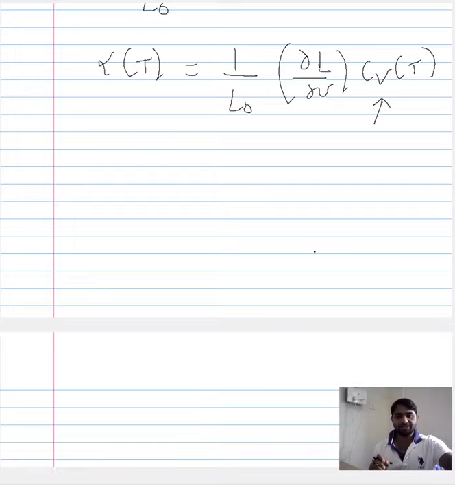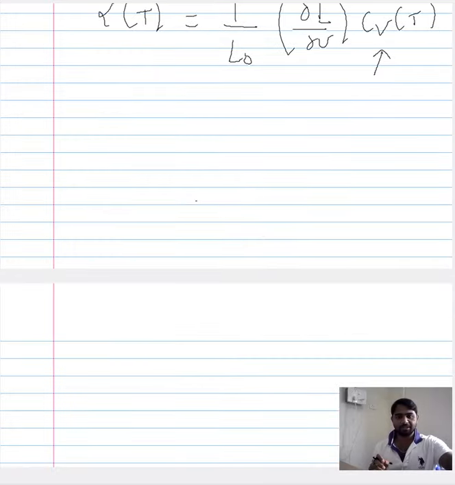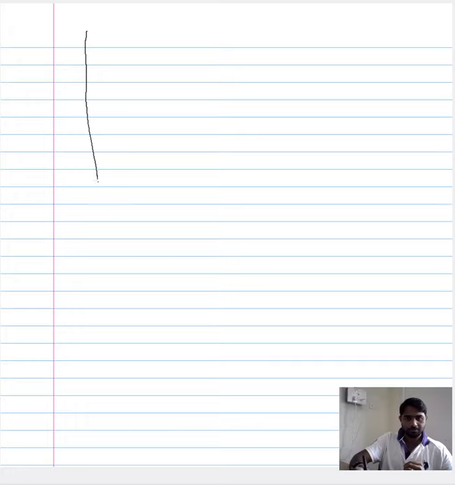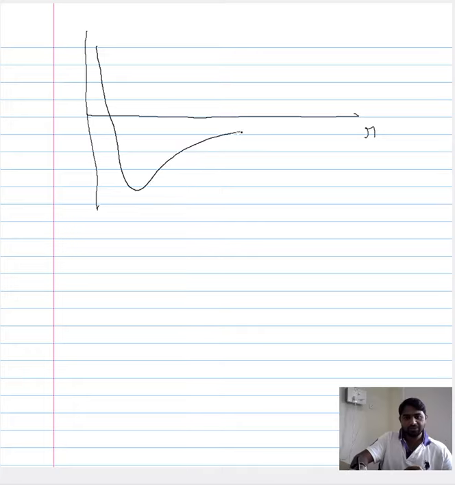Now we have seen that the coefficient of thermal expansion, or the thermal expansion behavior alone, is because of asymmetry in the interaction potential between the atoms. So allow me to plot it again, since it is a critical part. We would have to plot it over and over again. So we have an interaction potential that is not symmetric in nature, that is asymmetric or unsymmetric.